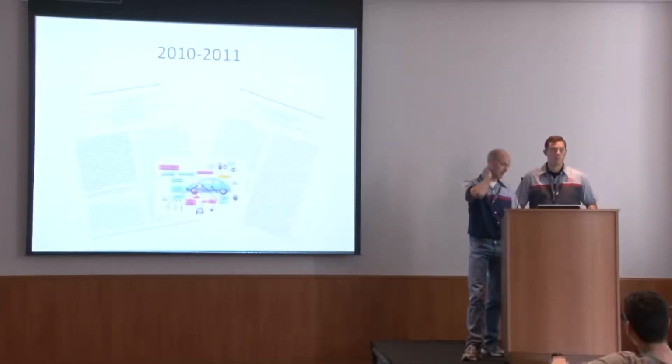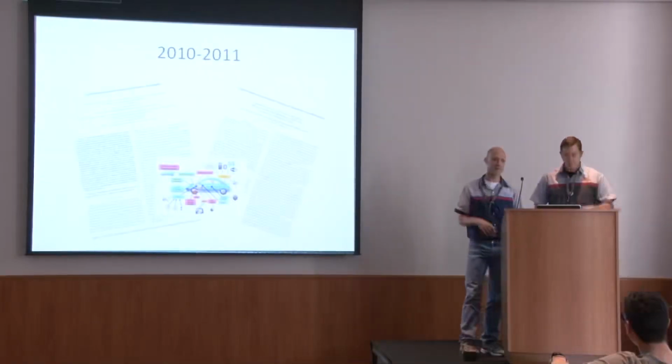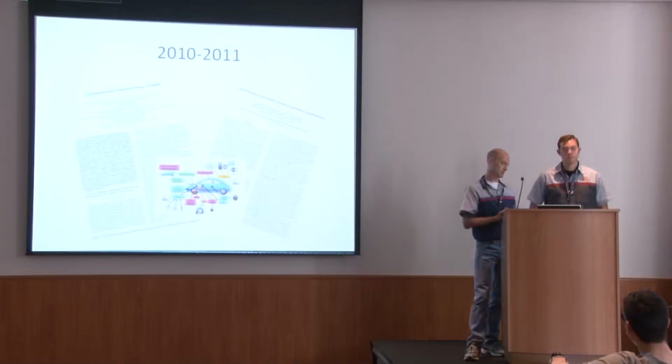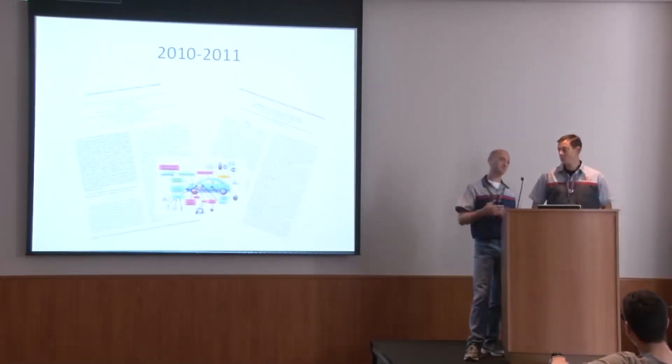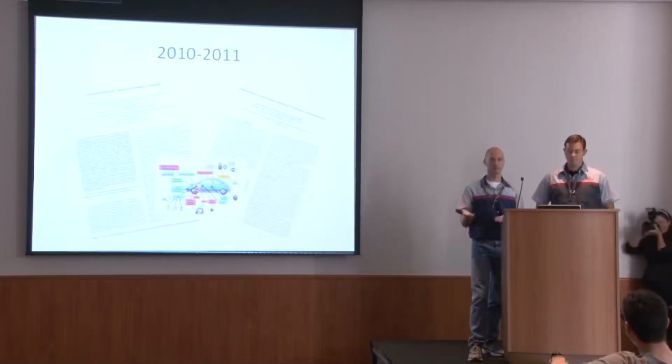So the story starts, we're not the first ones to do this. Back in 2010, 2011, some academics from University of Washington and University of California, San Diego, wrote a couple papers about exactly this stuff, like CAN bus and protecting the car. The first paper was about how the things worked and how you can inject messages and the effects that would have on the car, which is basically exactly what we did. And then they wrote a second paper about how you could attack remotely.